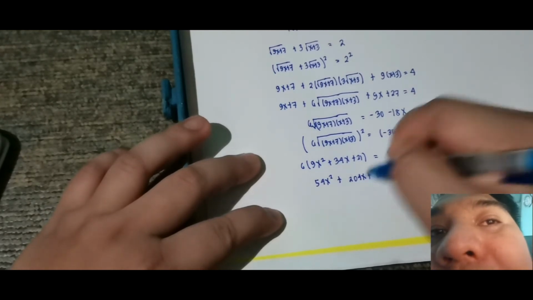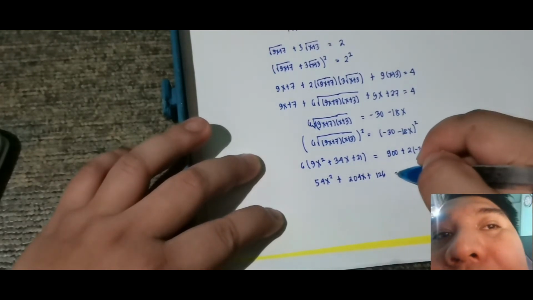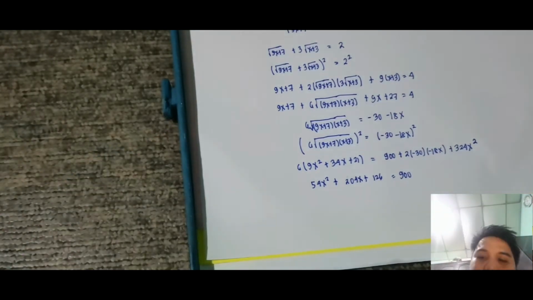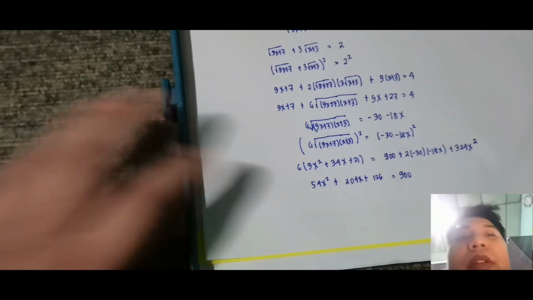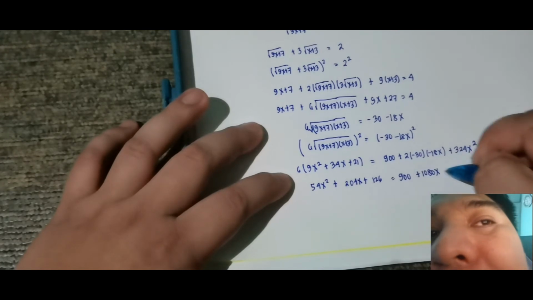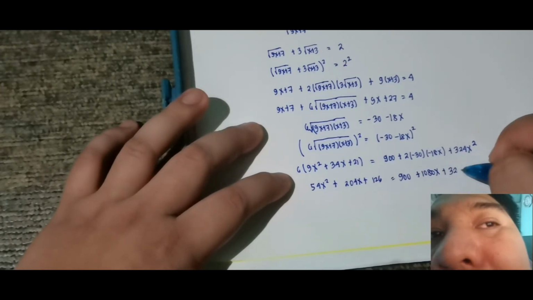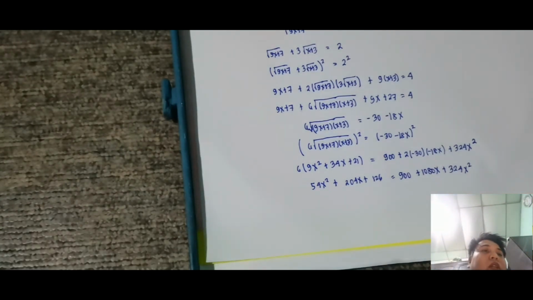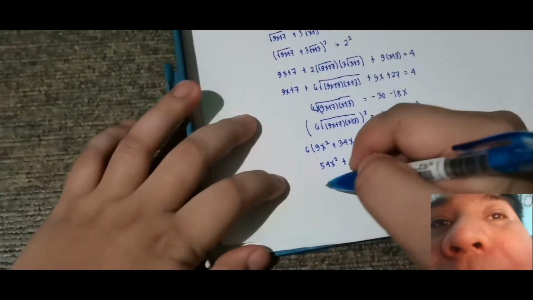Okay, nakalimutan ni x. Si x, then this is equal sa 900. Then negative times negative is positive, so that is 30 times 2 times 18, that is 1080. Okay, so this is positive 1080x plus 324 x squared. Okay, so lahat ulit na may variable, lipat natin sa kabila. Okay, so syempre sir, ang tira is 54